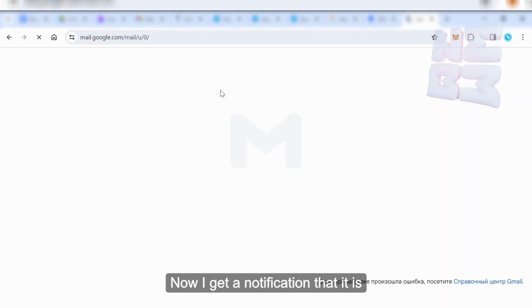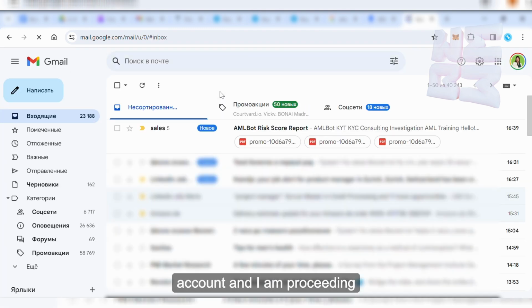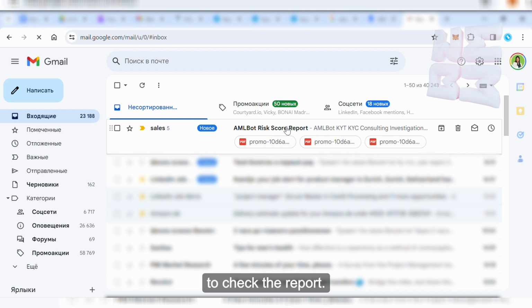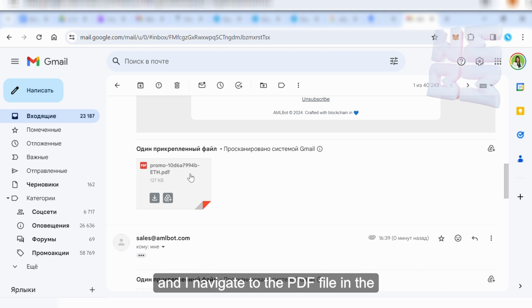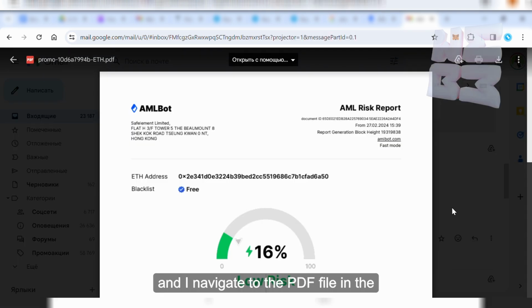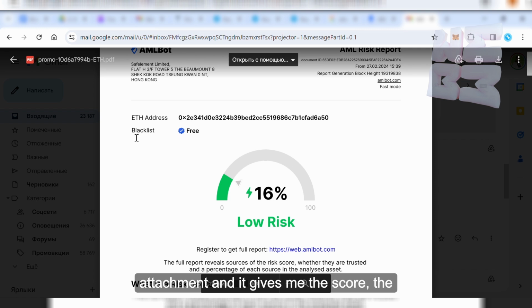Now I get a notification that it is already there in my email account, and I am proceeding to check the report. I open the email and I navigate to the PDF file in the attachment, and it gives me the score, the green score.